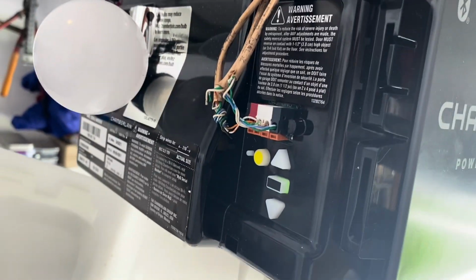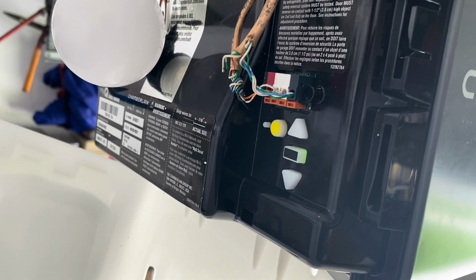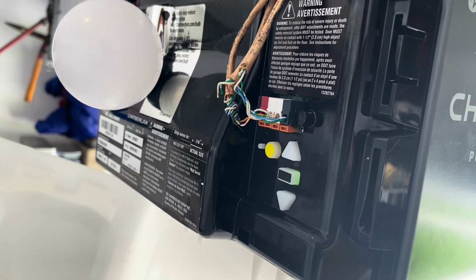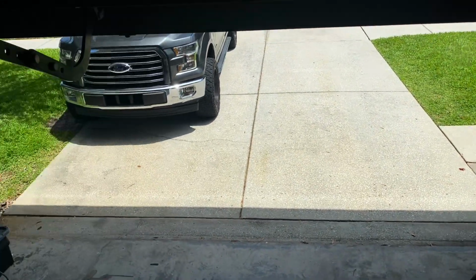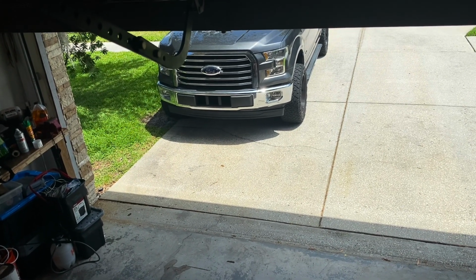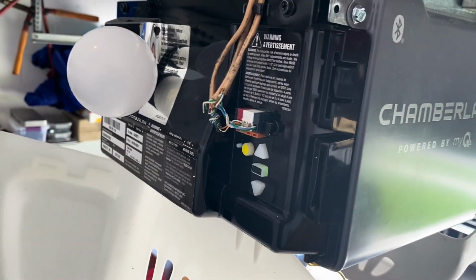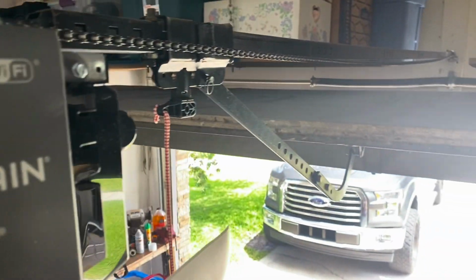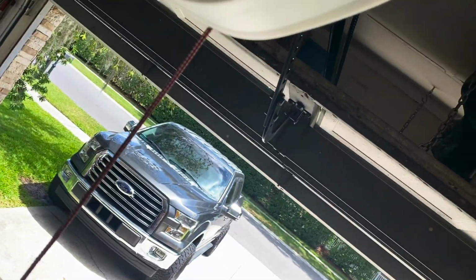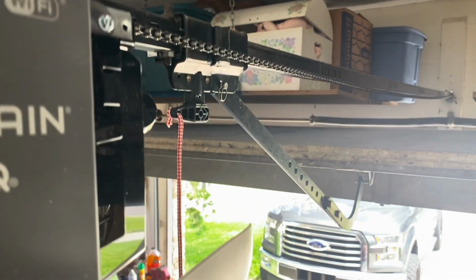All right, the light's turned off, that's good. So once it learns that, then everything works. It acted like there was something blocking the area at the door that protects, like if a kid runs through it, the little laser thing. So I had to call the 800 number, talk to a nice lady. At first she said the door was too heavy, and it may be, look, it's got that heavy steel. You guys can see that? So I get it, but we had to do some manual adjustments, and then bang